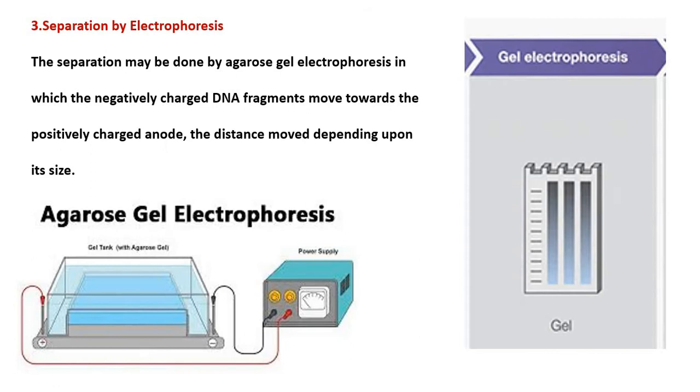After that restriction fragmentation, the fragmented DNA is separated by using agarose gel electrophoresis. Agarose gel electrophoresis is specific for DNA. The DNA is negatively charged. So by using agarose as a supporting medium, where the samples are loaded, the DNA migrates according to its size, according to its molecular weight. Larger molecular weight fragments migrate slowly, smaller molecular weight fragments migrate fast. So according to their size, they can be separated through agarose gel electrophoresis.